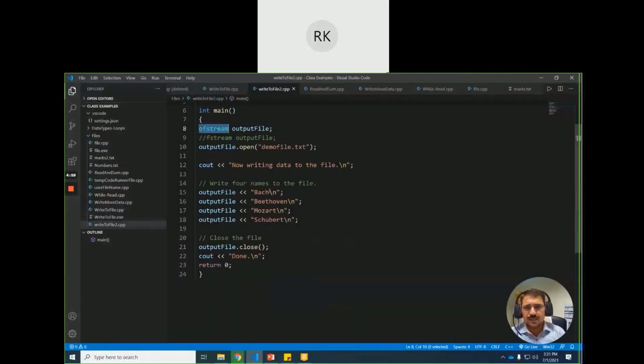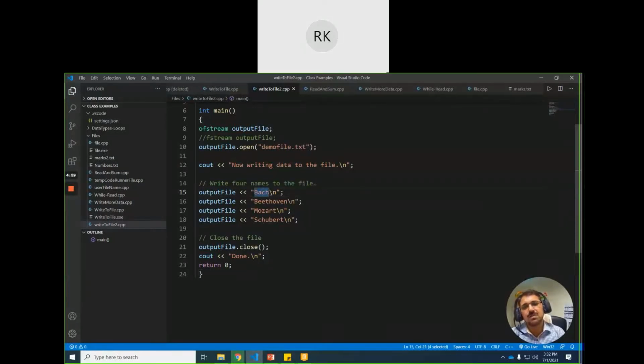Another way, if you want to write text data, you still can. You see, ofstream output file and demo file.txt. We are again using ofstream, so demo file.txt is not here. When this line runs, it will create the file here. And this will be just a message, and then cout, you see, directly writing to the file. You see the file variable and the insertion operator, and whatever you want here, including newline, it will